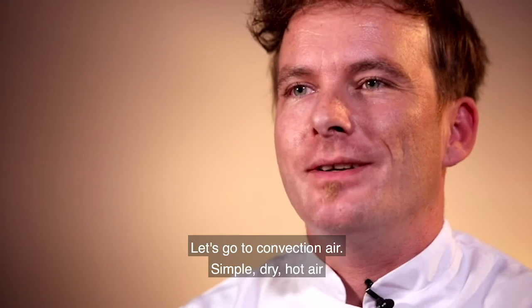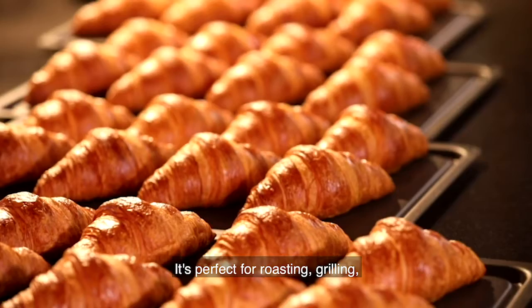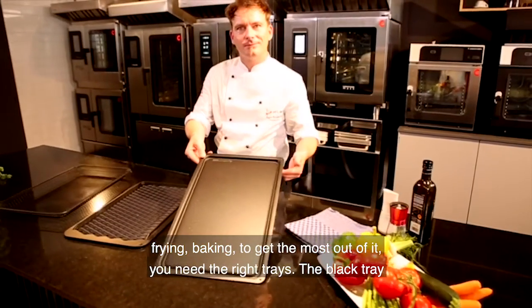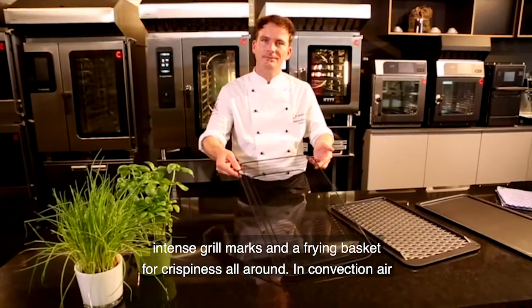Let's go to convection air. Simple, dry, hot air. It's perfect for roasting, grilling, frying, baking. But to get the most out of it, you need the right trays. The black tray for perfect baking and roasting, the grill for perfect intense grill marks, and the frying baskets for